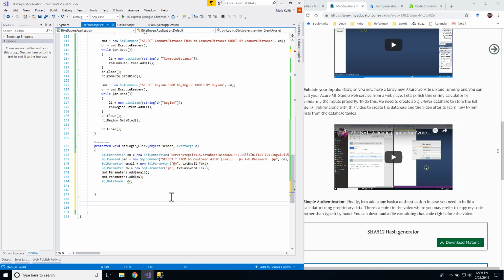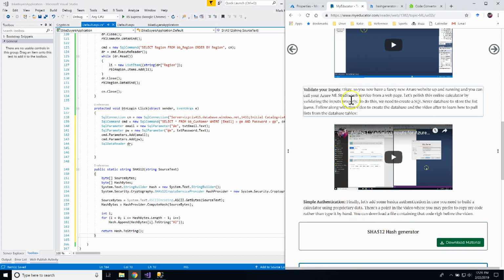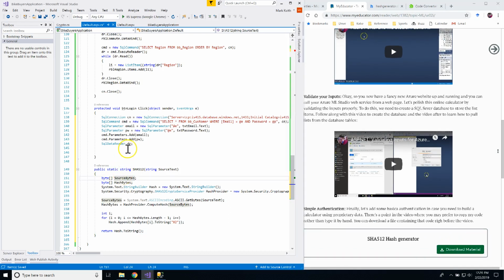So I've got a function I've used before right here. I just pasted it in. I don't want you to have to type this by hand, so I went ahead and made a text file version of it and put it here in the book. If you're on this chapter right now, here's where that shows up. You can download this and copy and paste it in. And essentially now we just want to simply